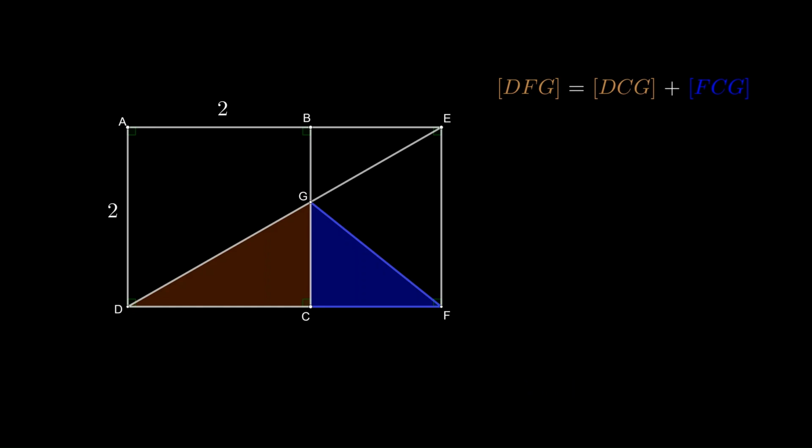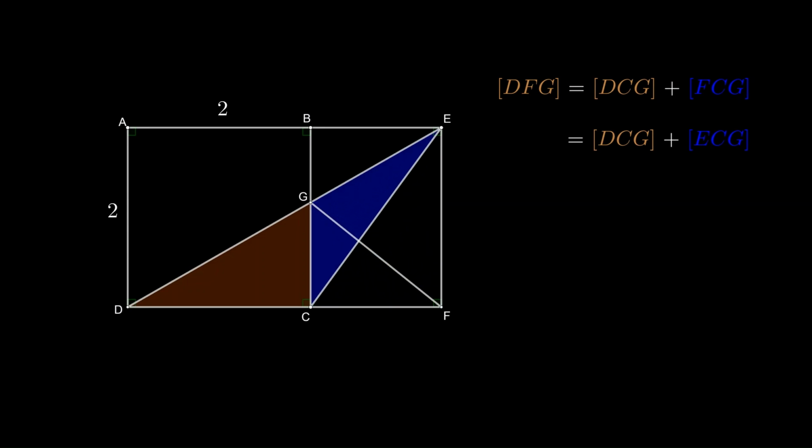The triangle is partitioned into two smaller triangles DCG and FCG. The sum of their areas will be the answer. Sliding triangle FCG at point F to obtain a new triangle ECG with the same area as FCG. These two triangles form a new triangle DCE, which should have the same area as the one we are trying